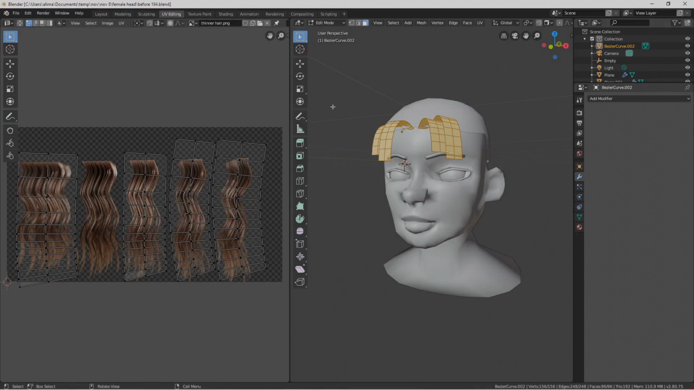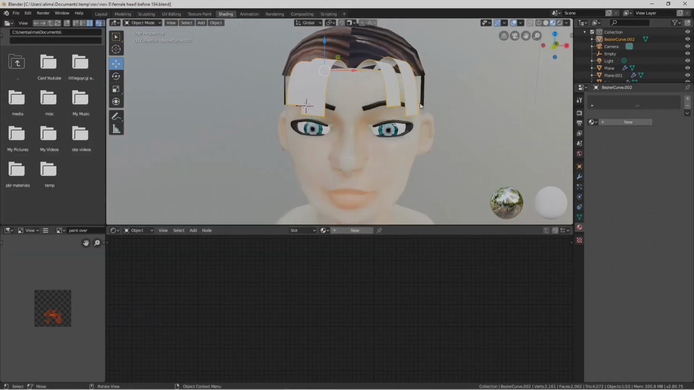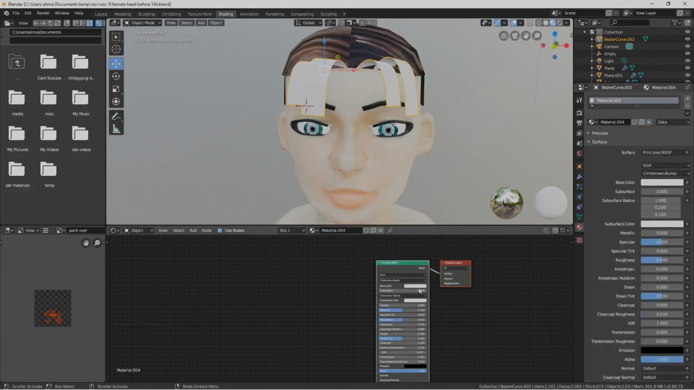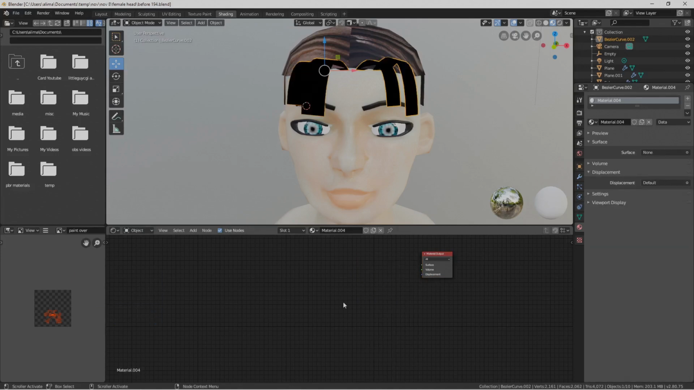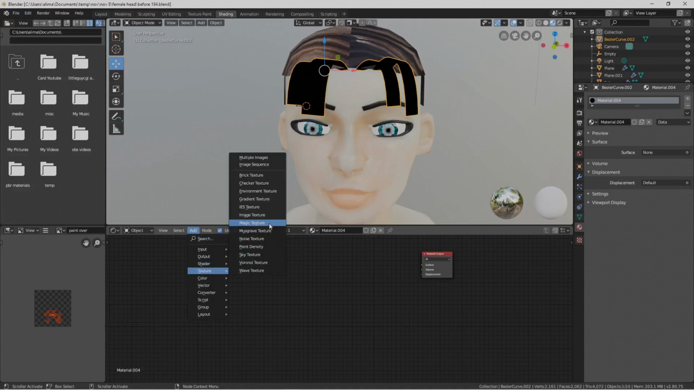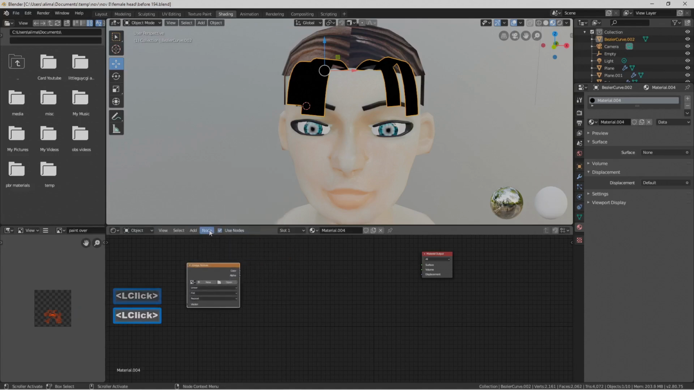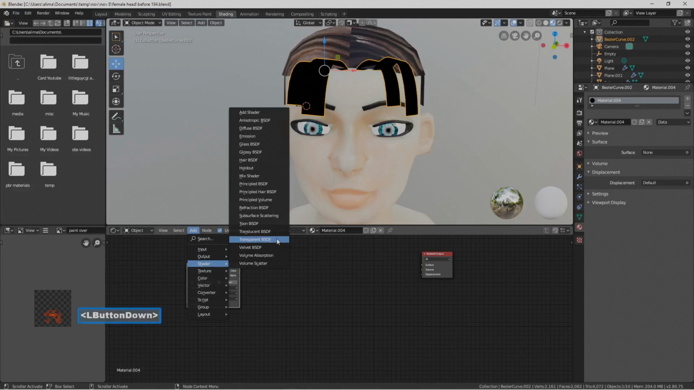Okay, what we're going to do now is go to the Shading tab near the top. With this hair selected, we're going to go to our material tab and select New. We see a Principled BSDF shader pop up. With this selected, we're going to press X to get rid of the Principled shader. We need to add a few nodes in here. So we're going to go to Add, Texture, Image Texture, Add, Shader, Transparent BSDF,